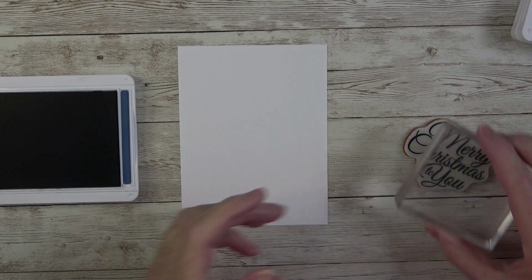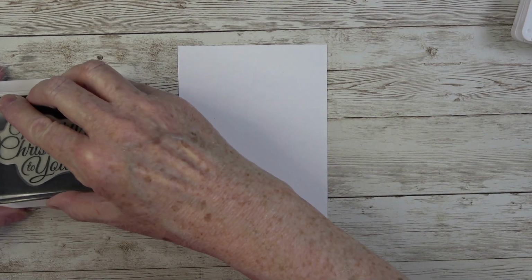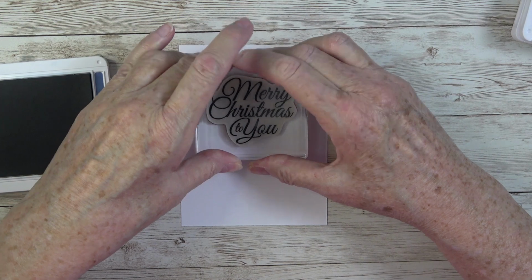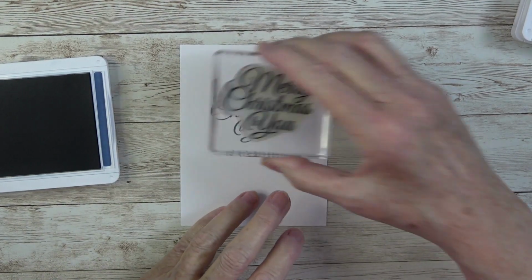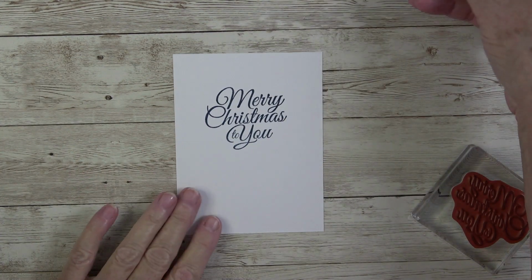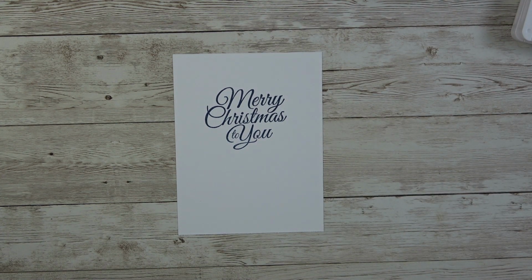And y'all need to time me on this. I think this was probably the fastest card ever. Of course, yes, I did have some of the pieces already pre-cut, but you could really knock these out. You know, sit and cut all your pieces one day when you're not too busy doing anything else, or you just need to take a break from everything else that's going on and cut your pieces. And then all you got to do is pop them in. Now, I am going to add a little something,